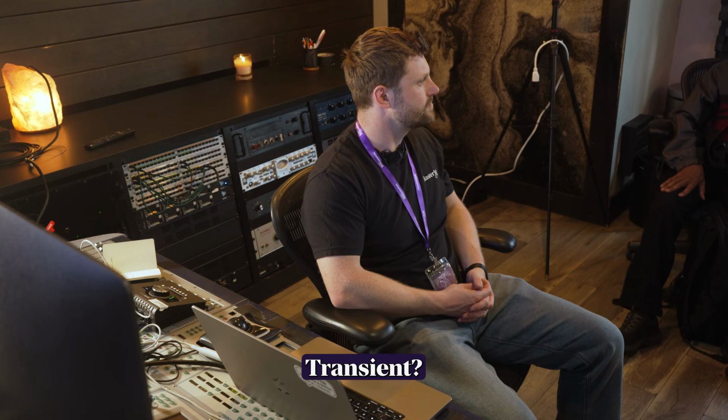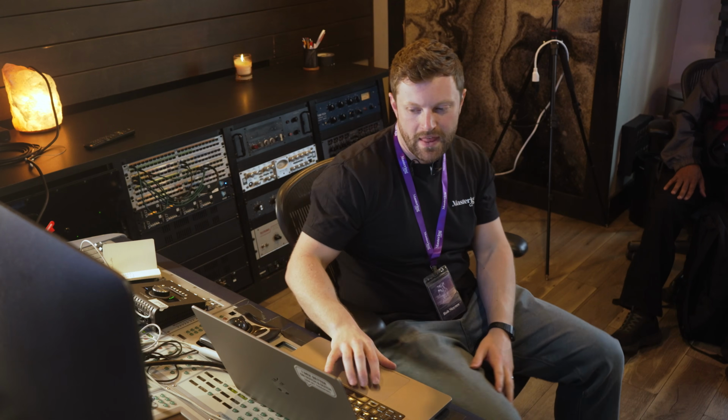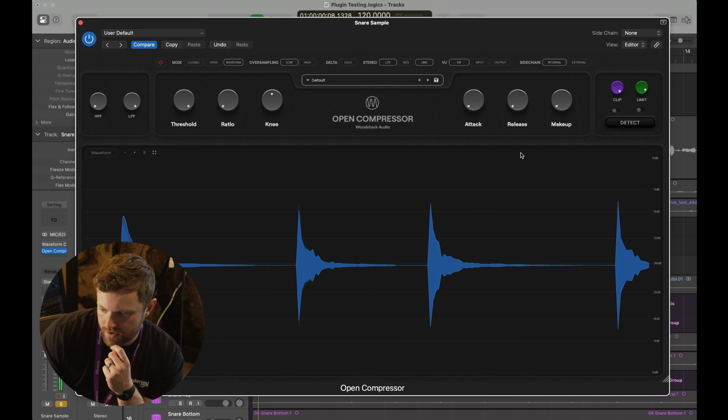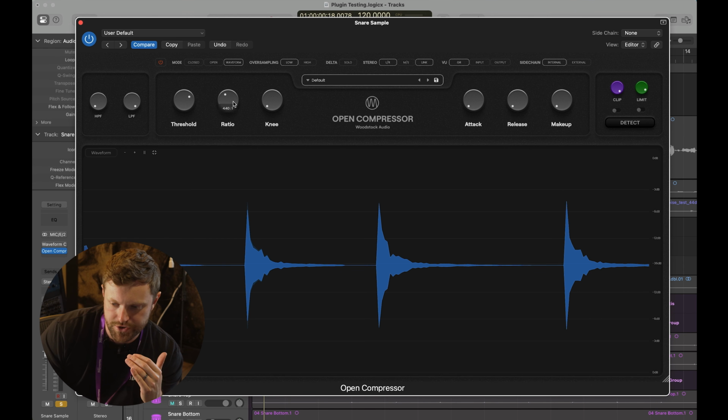If we think of it as we've got the transient and then we've got the tail of the sound, if we're using a fast attack and a fast release, what are we primarily going to be shaping or controlling? Yeah, so transient management basically, because we're clamping down on that transient, but then we're releasing really quickly. So this is our raw waveform. If we then bring in fast attack, fast release, and for now just an average ratio, hard knee,